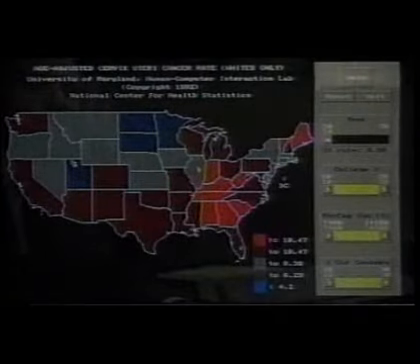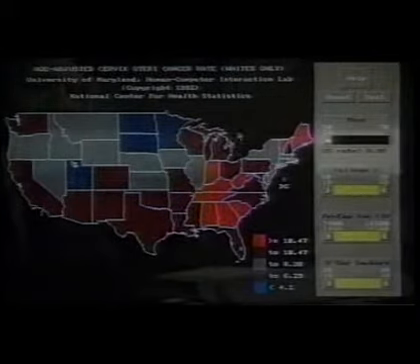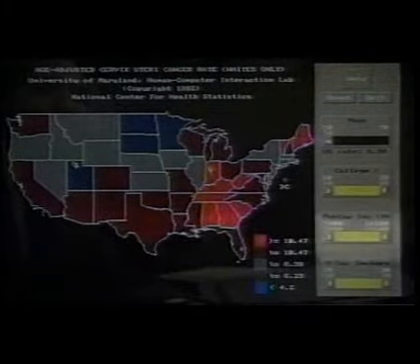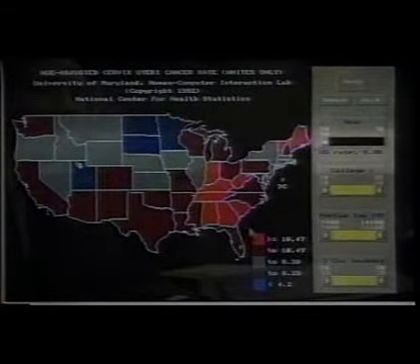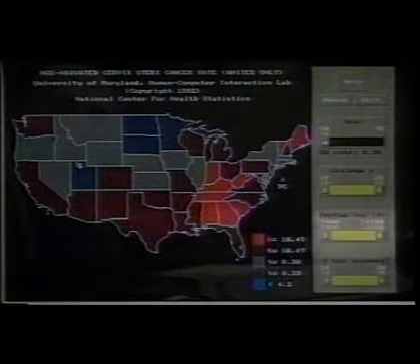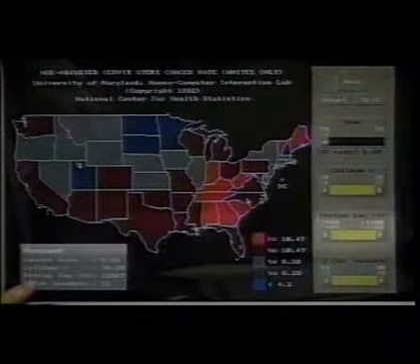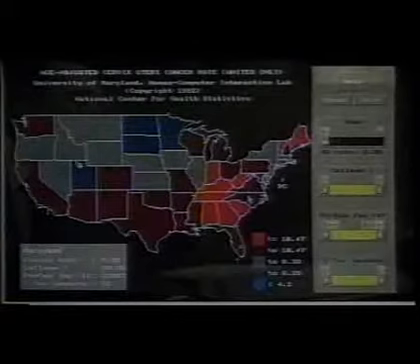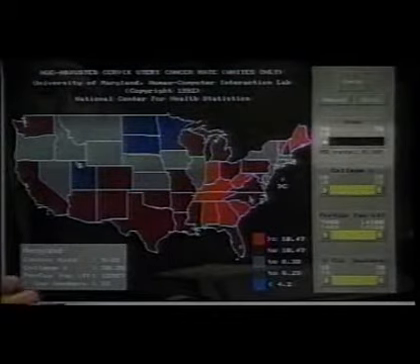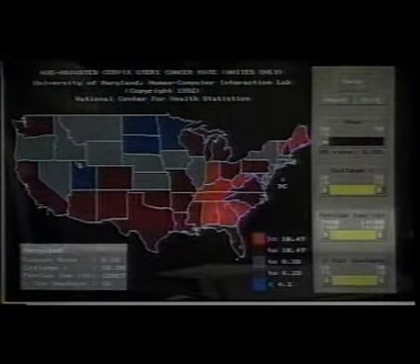And the example I want to show you was one we built for the National Center for Health Statistics during the past summer, which shows us a map of the United States and cancer rates. Red indicates high cancer rate. This is cervical cancer data. And if I click on any state, well, let's click on Maryland over here, we'll see on the lower left a box which tells us the statistics that we've got here about the state of Maryland